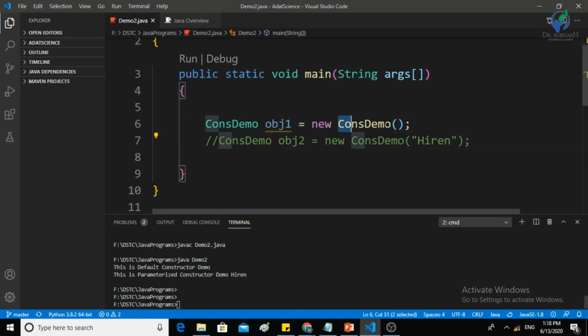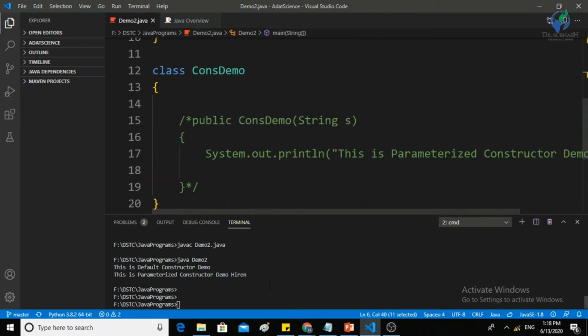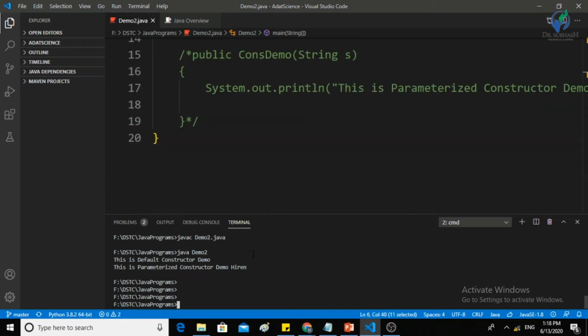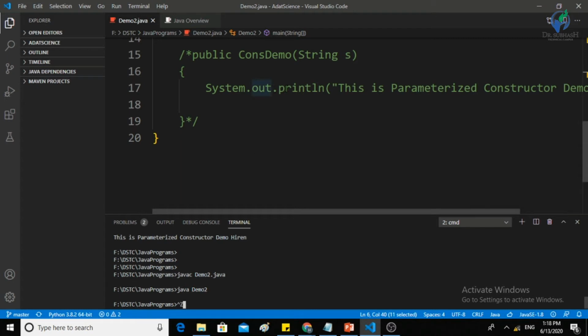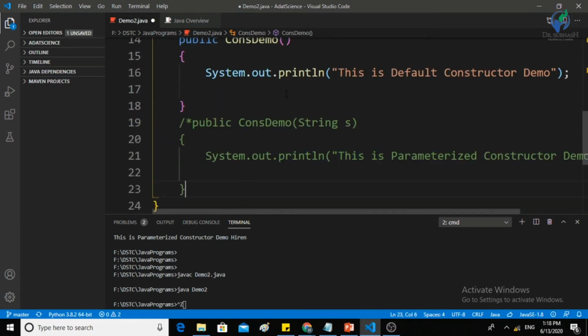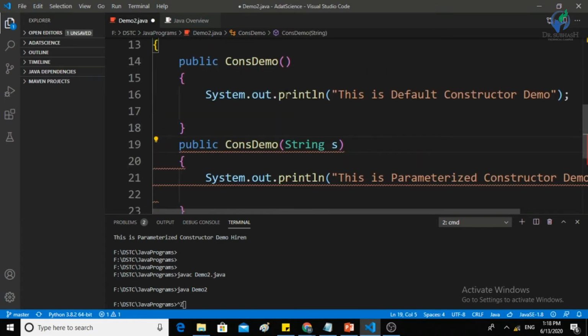I have called the constructor, but I have not defined it. Then what will happen? The code compiles successfully, but there is no message, because the code we were printing has been removed.